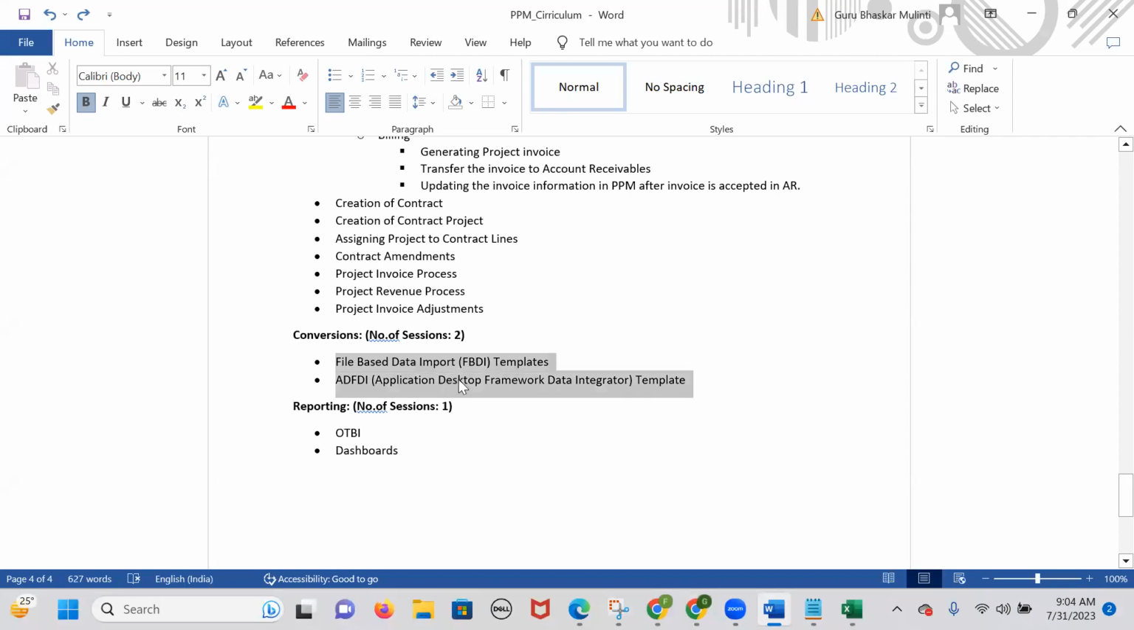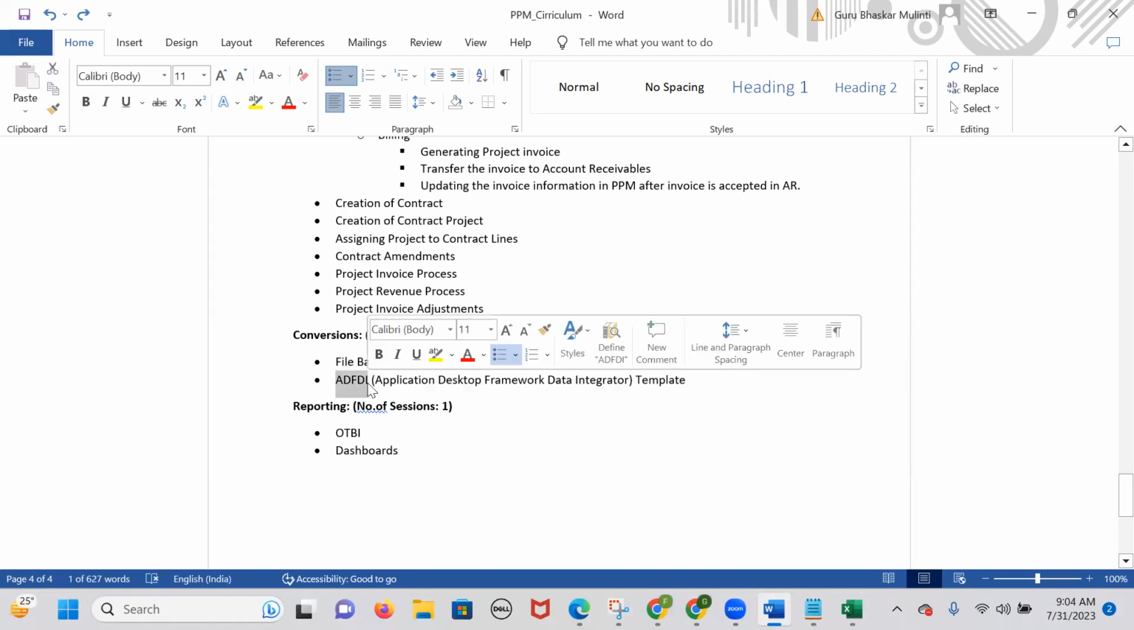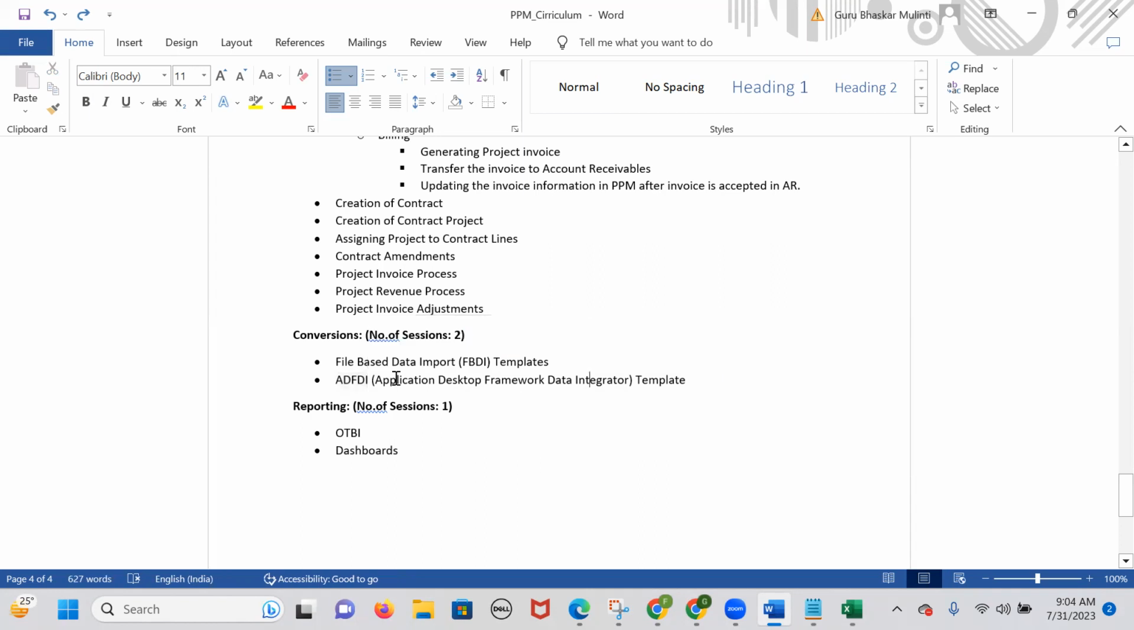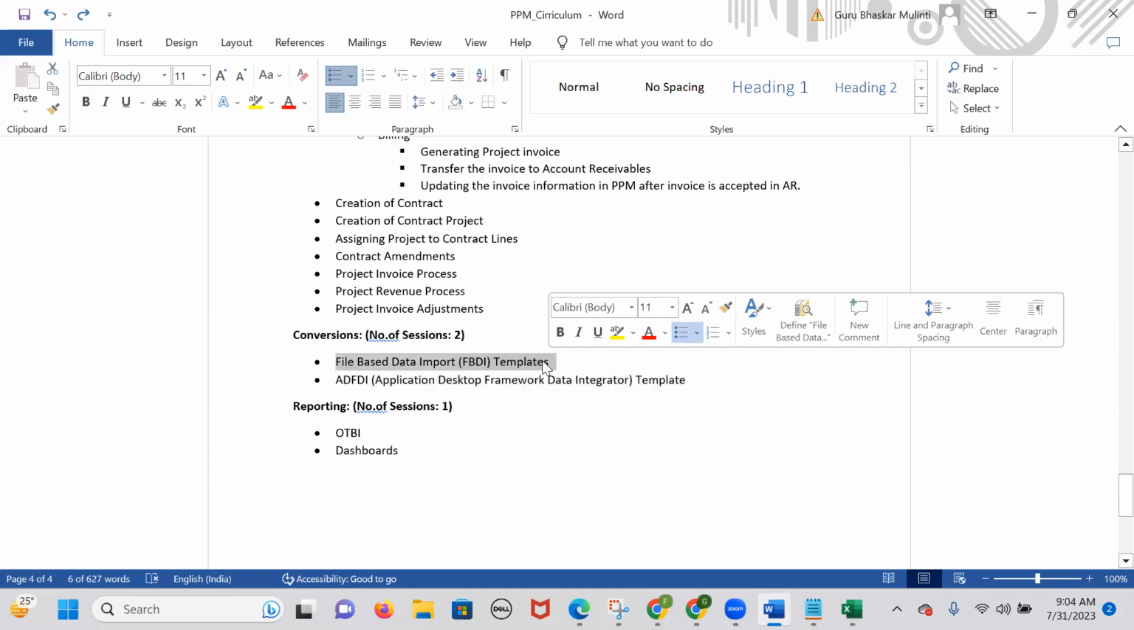File-based data import, FBDI, and the other one is ADFDI, which stands for the Application Desktop Framework Data Integrator, and these two are Excel based only. We have to download the template. The only difference between these two is that the FBDI templates are already available on the Oracle website. Somewhere I have to go and define the templates, populate the data, and we can start uploading the data into the